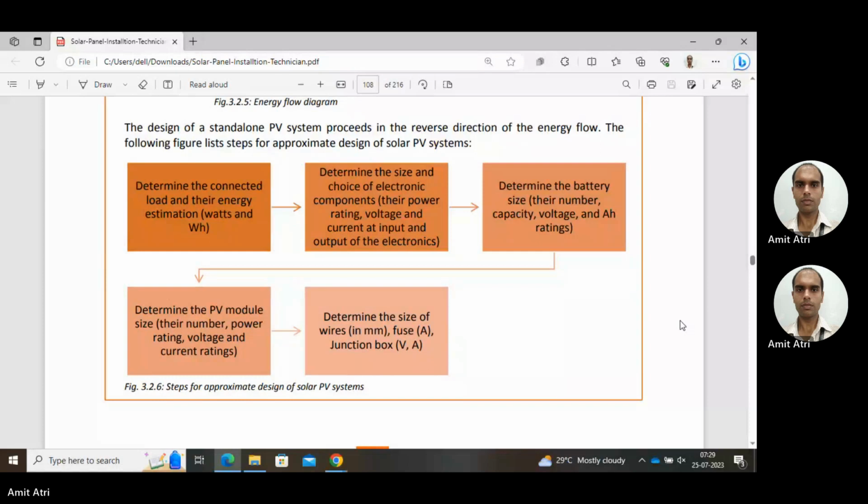So the last thing is to determine the size of wires and fuse, in ampere, and junction box, in volt ampere. So these are the connecting components, miscellaneous components, we can say. Wires, fuse, junction box. Larger the current, then thicker the wire. Larger the rating of the fuse, junction box. For low current, lesser diameter of the wire, so less